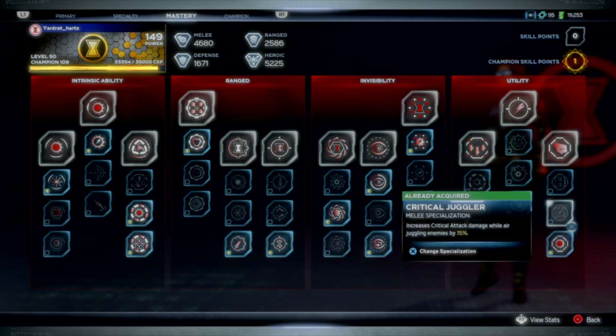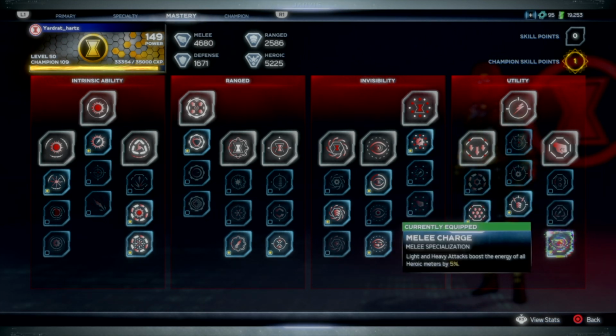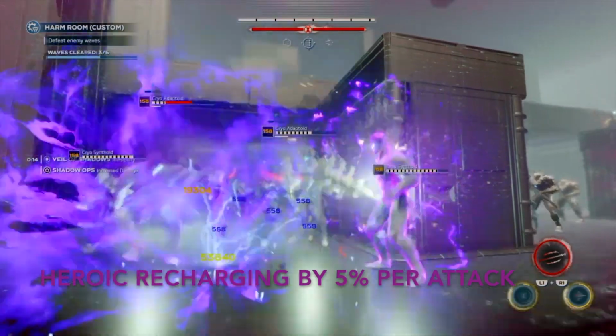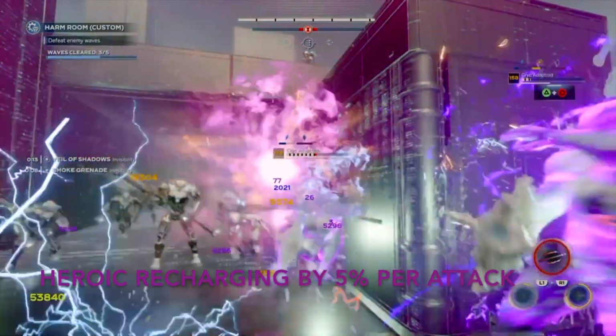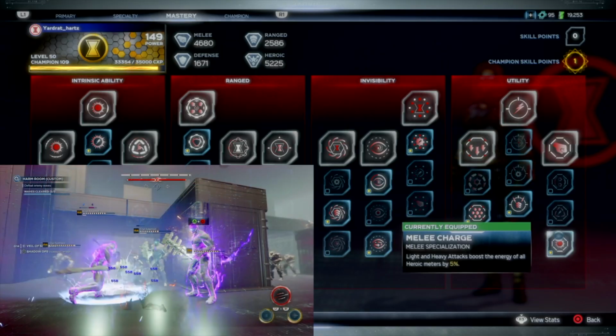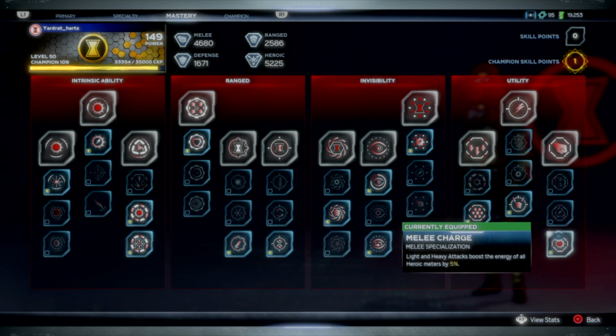This last aspect is overlooked a lot of the times, I think. This melee charge: light and heavy attacks boost the energy of the heroic meter by 5%. So you know how you're playing in the Tachyon Rift and your heroic meter is yellow, or you're playing in the OLT and it's always yellow and always has a little recharging thing? There's a way to get that to activate during normal missions, and that's by running this piece right here,